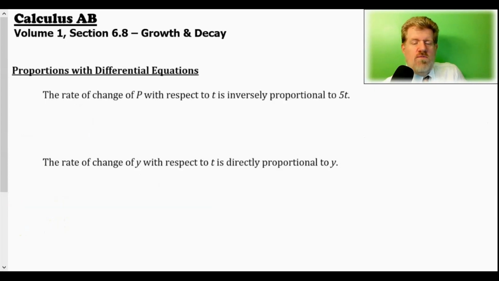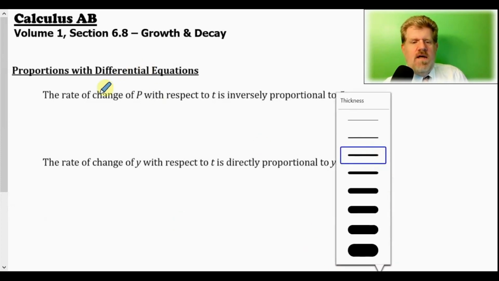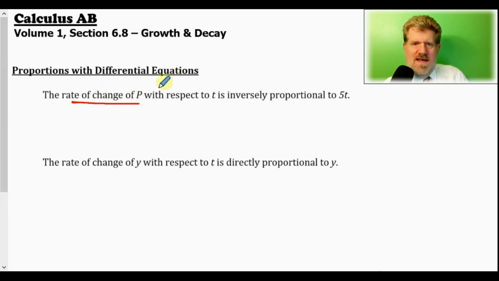And we're going to start with two basic principles here. First of all is the rate of change of p with respect to t is inversely proportional to 5t. Now what does that crazy stuff even mean? This is all that I'm asking you to think about right now. Rate of change of p, what does that mean? That means that p has a rate of change with another variable, and we're calling the other variable t. So p changes over time. We'll call t time, p for population, because it's an easy example to think about. Population changes over time